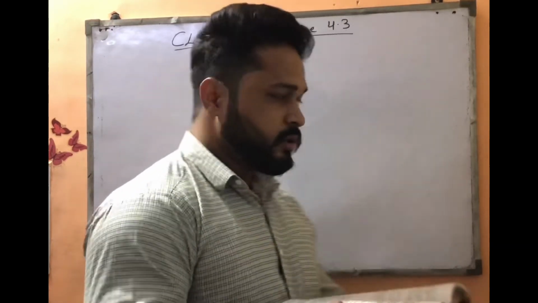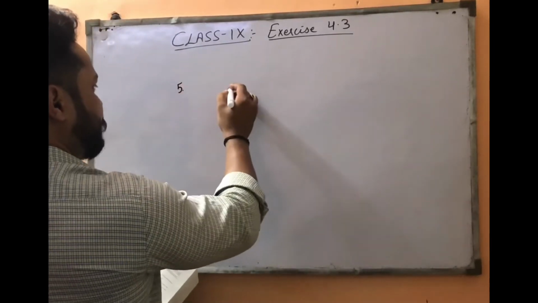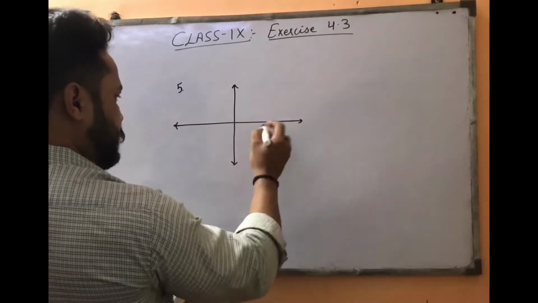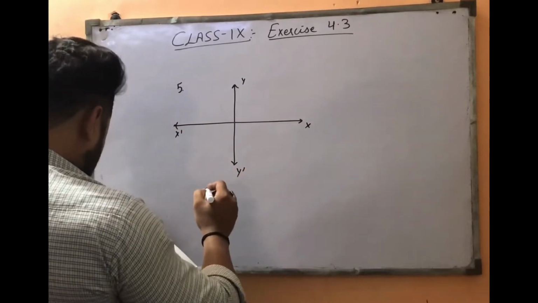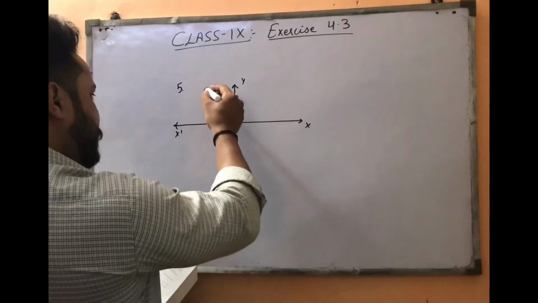तो क्वेश्चन नंबर 5 of exercise 4.3, तो क्वेश्चन दिया है आपको, there are two graphs given and you have to find which one is the correct linear equation of the graph. ओके, तो I can draw the first one. तो इन क्वेश्चन नंबर 5 the first graph is like this. This is x axis, y axis, x dash, y dash, and look at the board. The graph is like this.